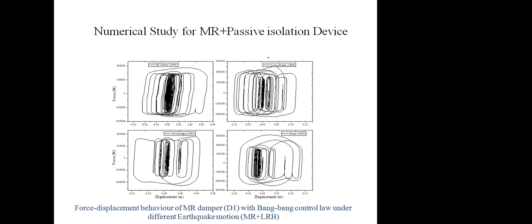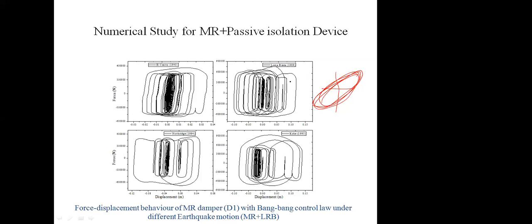This is the actual force deformation behavior for different earthquakes of the MR damper, which I have applied between the deck and the pier cap. If you observe the force deformation behavior for the viscous fluid damper, VFD, it is just simple like this. But with the MR damper, the area under the curve is higher, meaning the amount of energy dissipated is large compared to the viscous fluid damper. So it is very useful, and nowadays in various countries it is used to control structures.